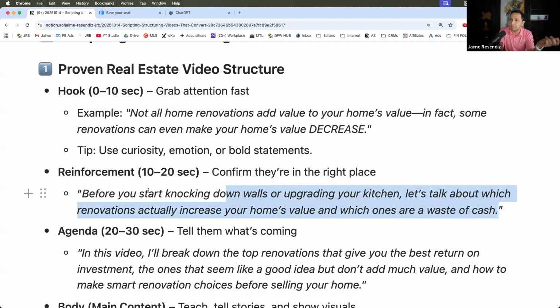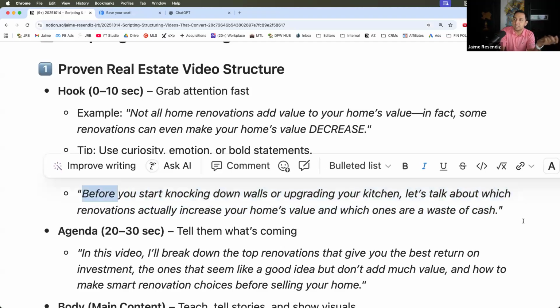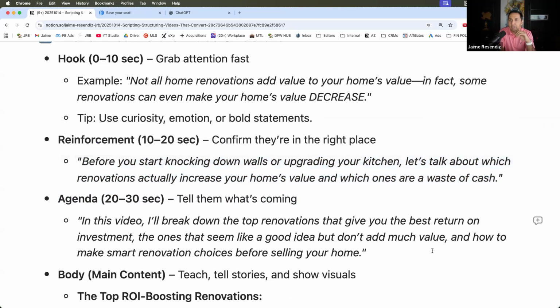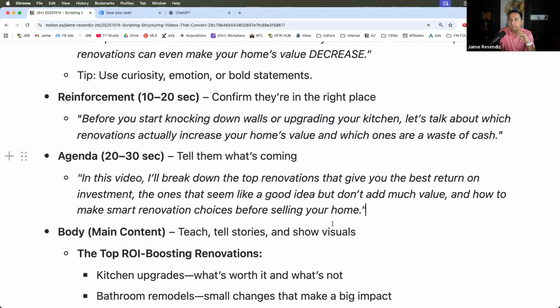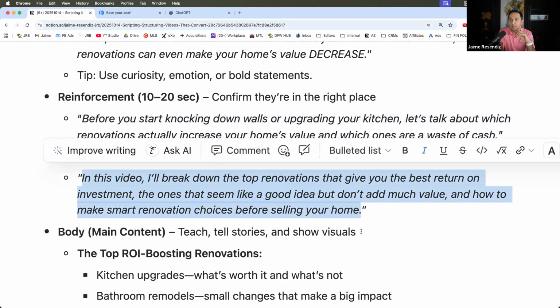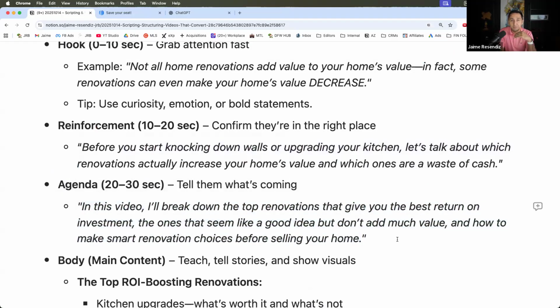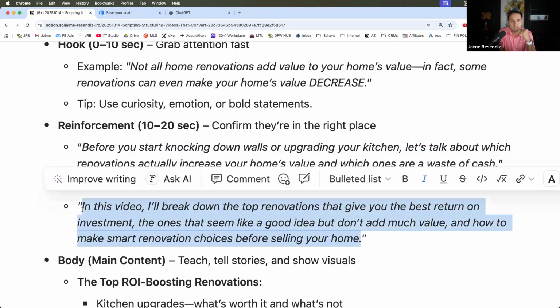Right? So these are the same things that you would tell your clients already, but again, we're just leading with why this is important, why they need to pay attention. They're going to go into what's in it for them throughout the video. Especially if it's a 12-minute, 15-minute, or 20-minute video, they're not going to sit there and wait those 12 minutes to see if there's enough information here that they care for. You're going to give them basically a summarized version, the agenda of what's going to be covered in this